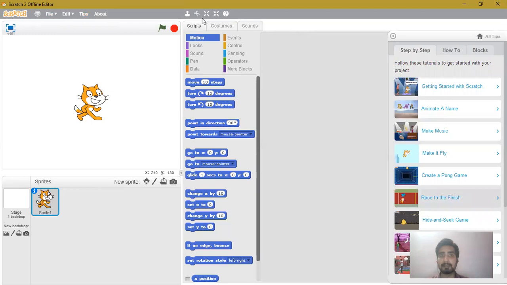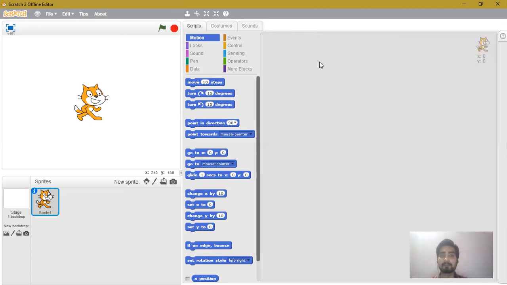Then here you can see some icons are provided, in which the first icon is the duplicate icon. The duplicate icon is used for creating a duplicate copy of something on your Scratch window. For example, suppose you want to make a duplicate of this cat sprite.